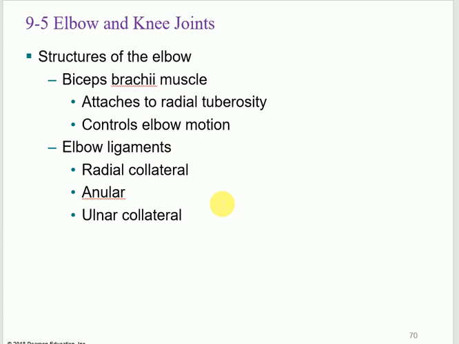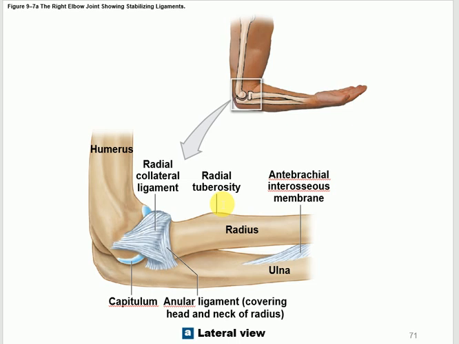Besides that, the type of joint: is it a hinge joint like this? Hinge like this? It's not ball and socket. Ball and socket has a big socket, like half a sphere, half spherical structure, and a ball fits into it. But this is different. This is like this. Hinge.